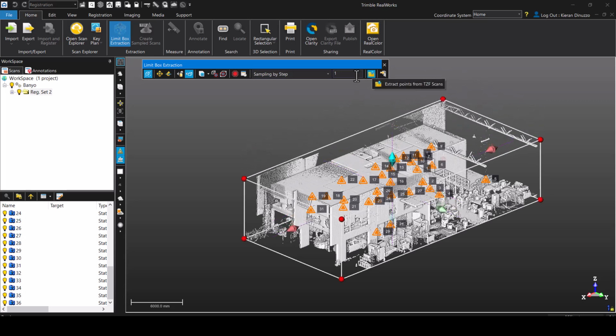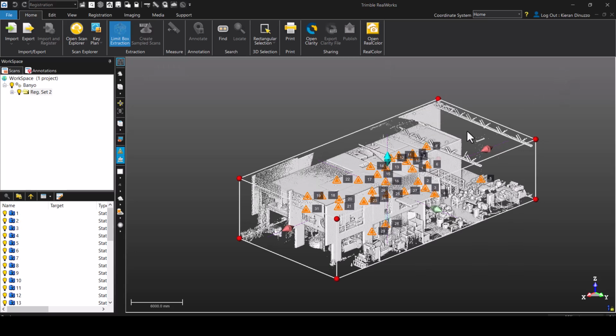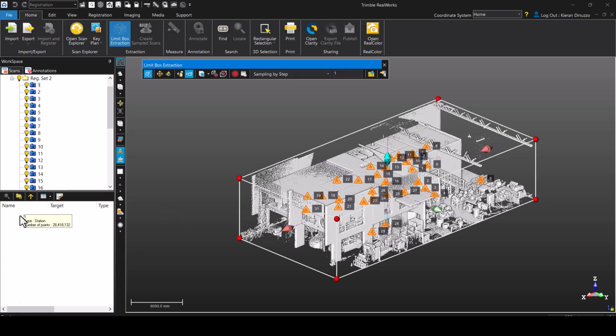And I can hit extract. So that's sampling by step 1, which means everything. And we'll let that crunch down in the bottom left. Probably only about a minute. That's finished now. And if we're not quite sure, the way we can check what we've done there is to